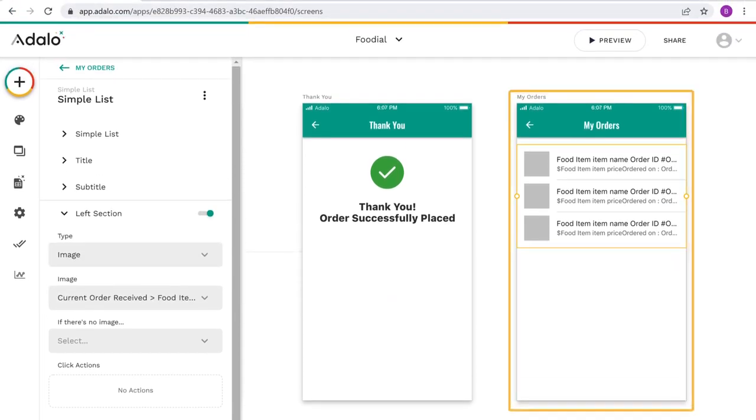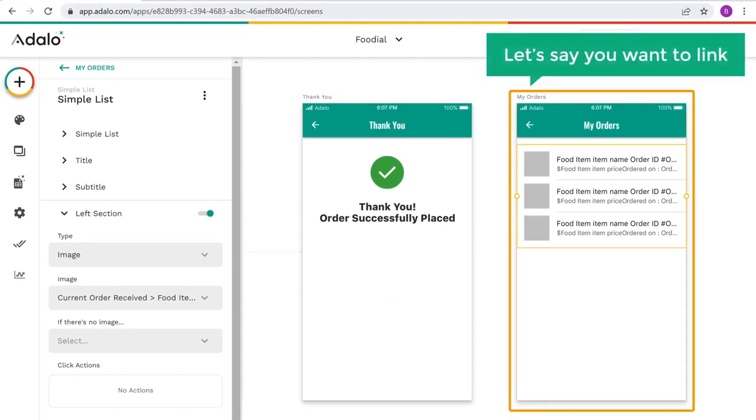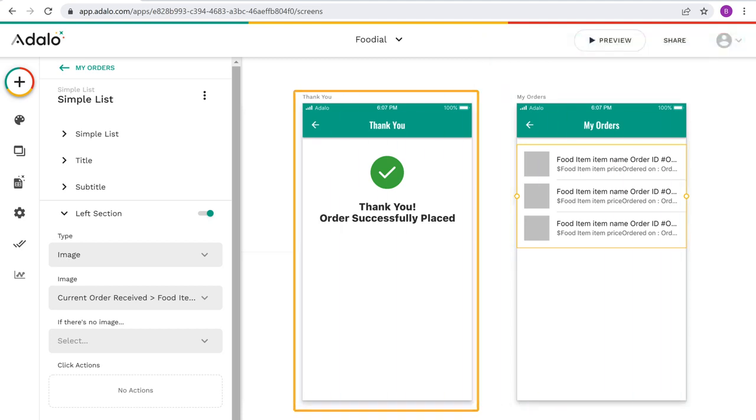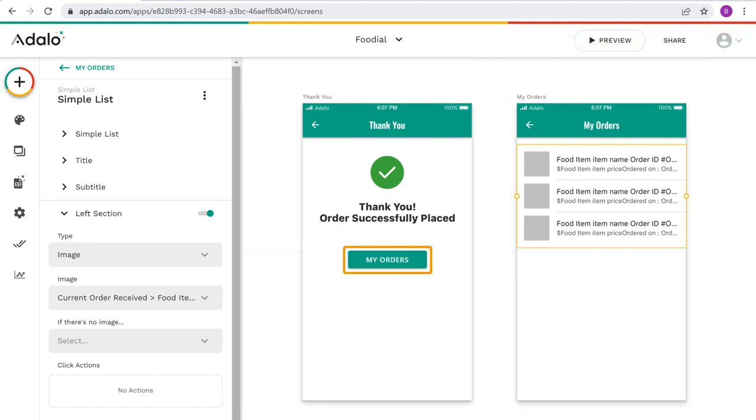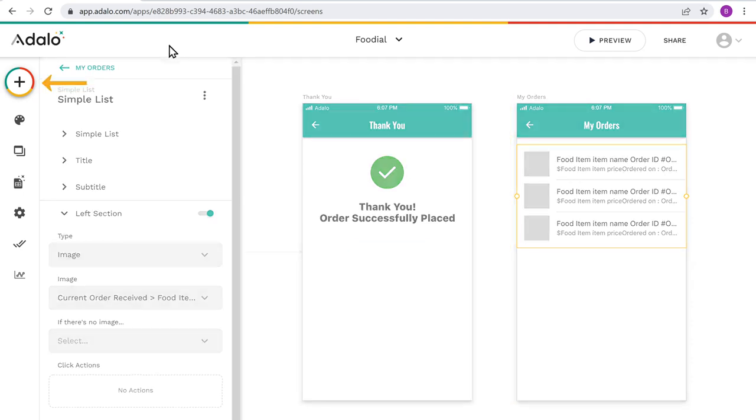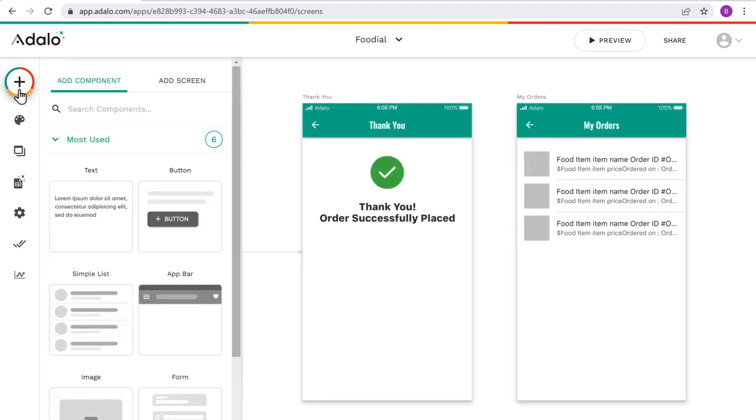Okay, once you've created your order page, now let's say you want to link this My Order page with the thank you page by adding a button like this, so that when someone clicks on this button, it will take them to the My Orders page. So to link it, just click here and drag this button element